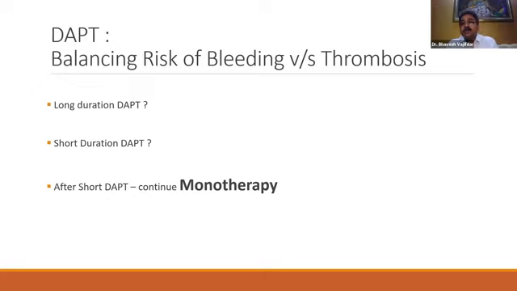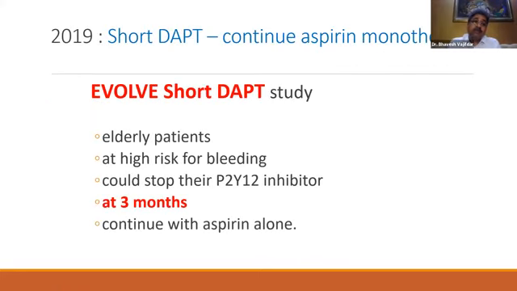But unfortunately, a large number of our patients will have both a high bleeding risk and a high ischemic risk. This is really very common, and then we do not know what to do. Now we are looking at some of the answers which will perhaps help us to treat these patients better. There are quite a few trials in the last 2 years which give us some idea of what we can do. So these are some of the trials which I'm going to share with you.